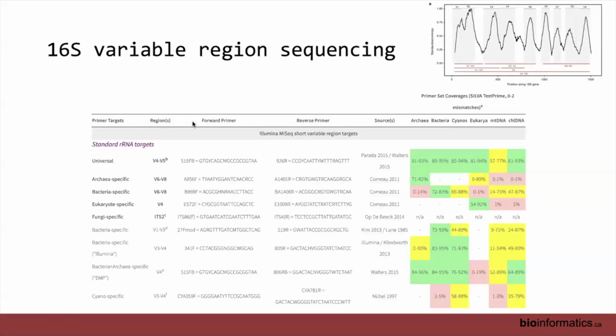And you can see this is taken from the IMR website. This is just an indication of some of the different variable regions that we might sequence, as well as the different taxa that you're able to pick up with each of these. So one of the most common amplicon regions is the V4, V5 region. And you can see that this gives you coverage of approximately 85 to 95% of bacteria, and similar percentages of archaea,